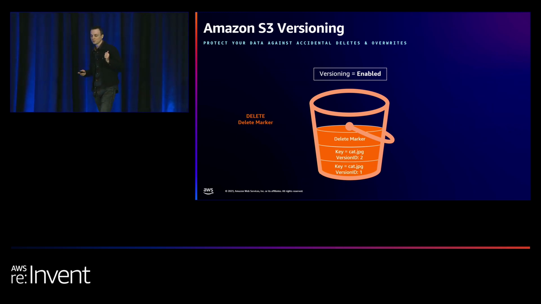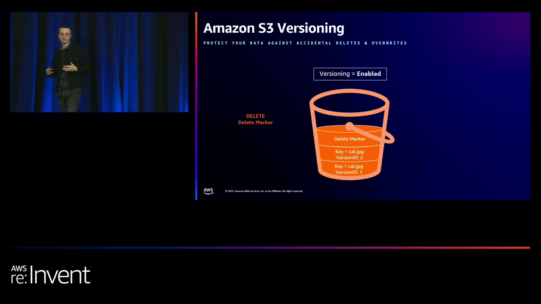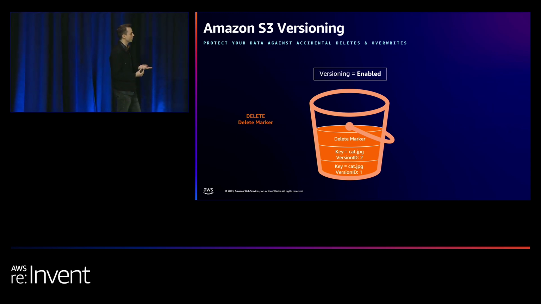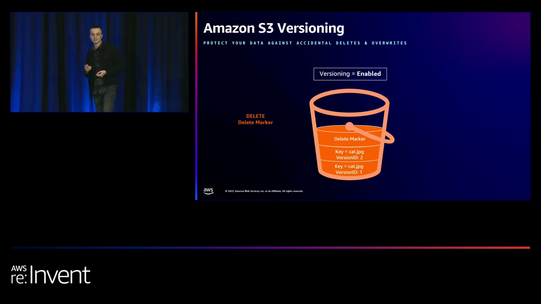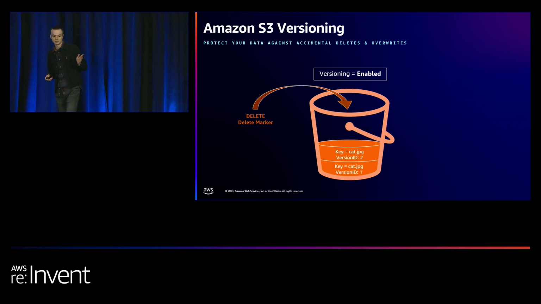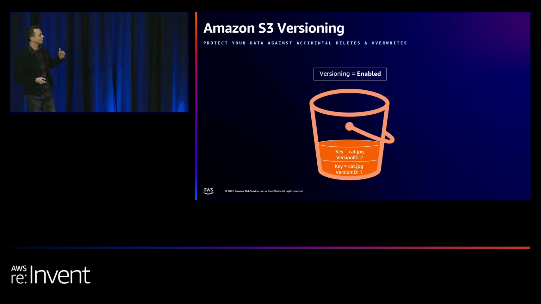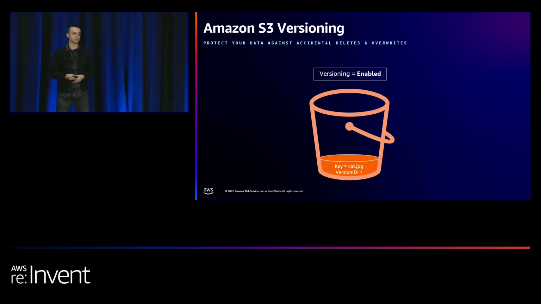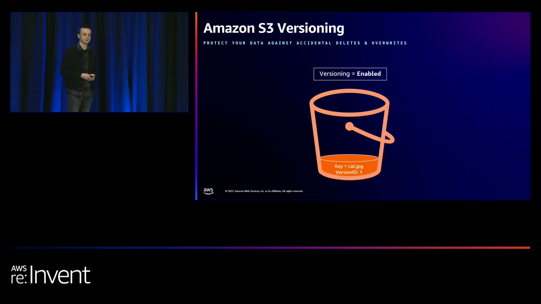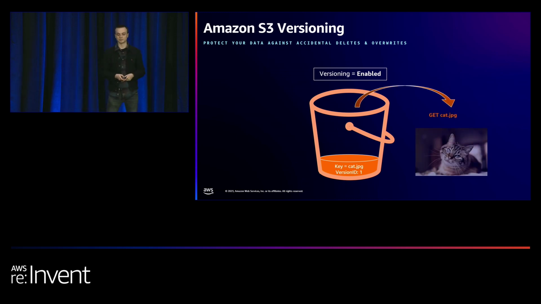They just know that there's an object, it either exists or it doesn't exist. And so in this case, what I've done is I've overwritten my cat picture with a dog, and then I deleted it. And I actually just wanted to get it back, so my application is broken. So what I can do is delete the delete marker. I can just clear it. At this point, the current version, the latest version, is the dog. Then I can also permanently delete the picture of the dog, version 2. Now that's gone. Now my cat picture is the only version left in the version stack. And if I get it, my application now works correctly.